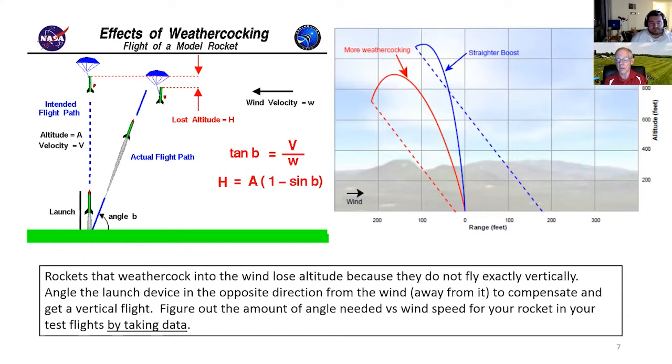So now, how many degrees do you tip it downwind? Well, you got to figure that out by flight testing, by taking data on what your angle off vertical was versus what the wind speed was, and then watching the flight to see if it actually ended up going vertical. And making an adjustment, making yourself a little table. It will depend on the weight of your rocket, thrust to weight ratio, the type of motor you use, and other factors. The fin area of your rocket, a rocket with a very large stability margin, that is a very large distance between the center of gravity and the center of pressure, very heavy nose, very large fins. Those tend to weathercock more than rockets that have a smaller stability margin.